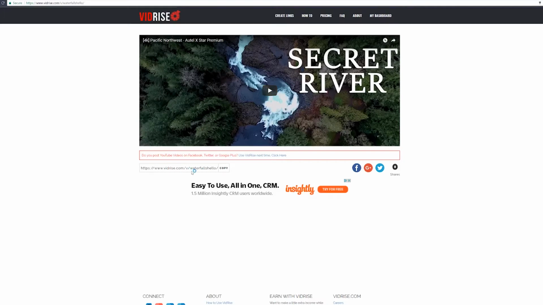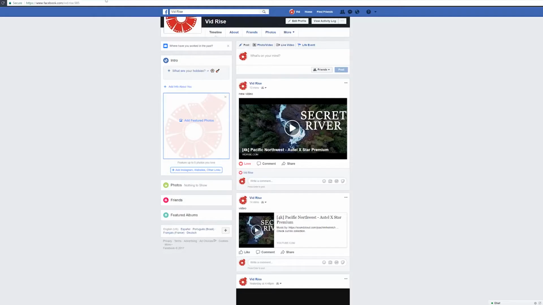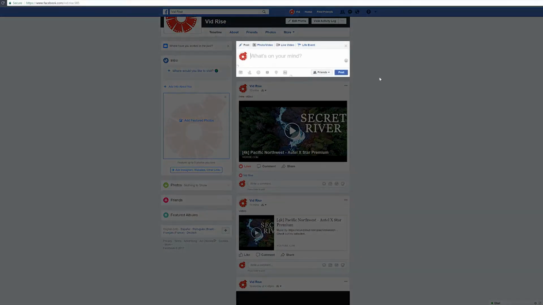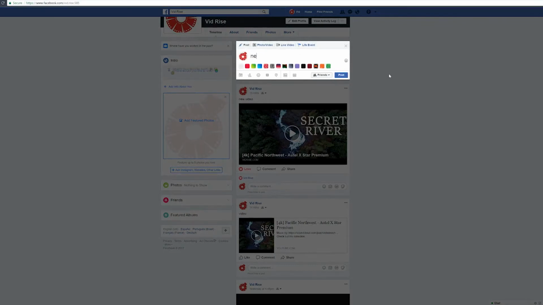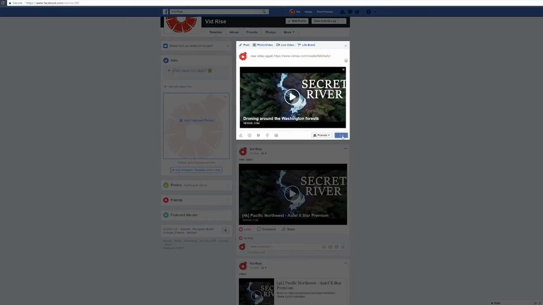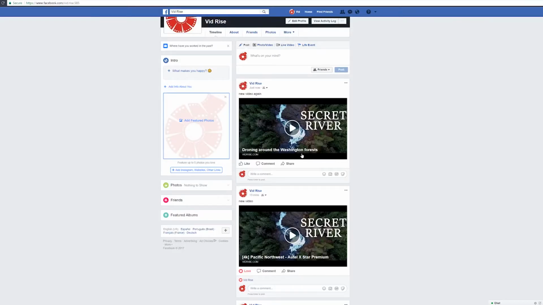And then right down here, you see a little custom link. You're just going to copy that link, and then you're going to go over to your Facebook again. You're just going to paste that there, and then hit post. And now you can see that the title is different because of what we changed in the edits. Breakthrough technology, amazing stuff.